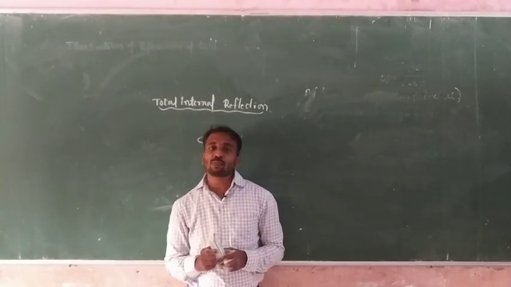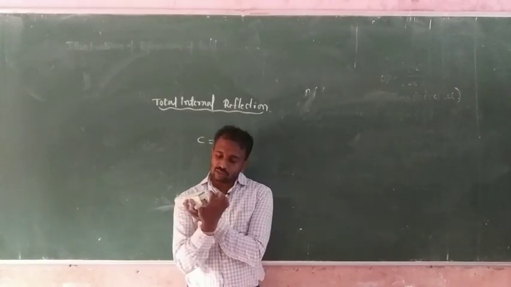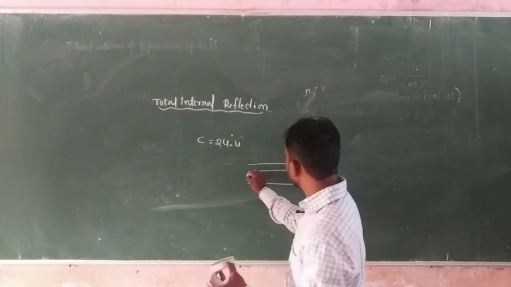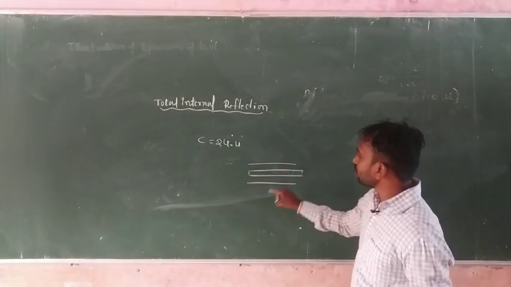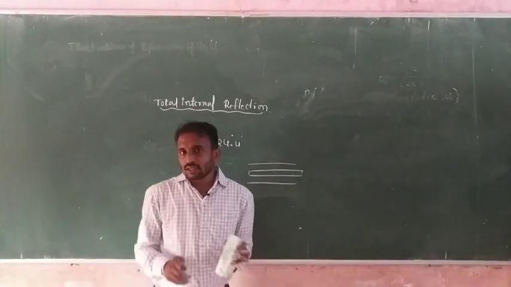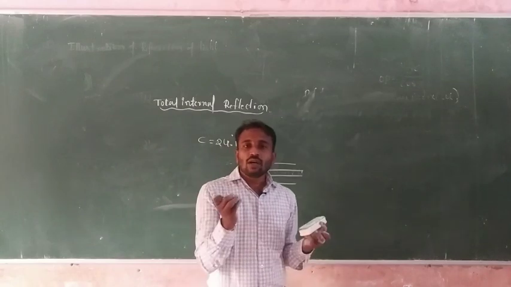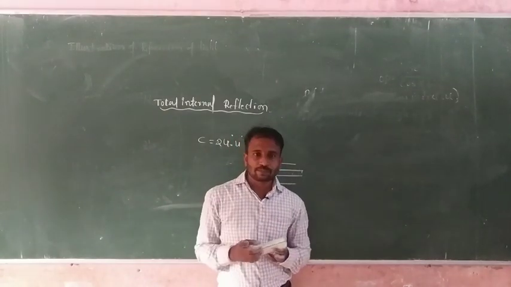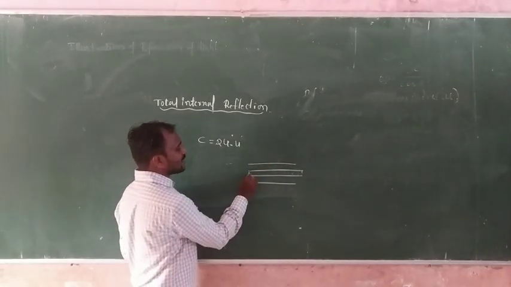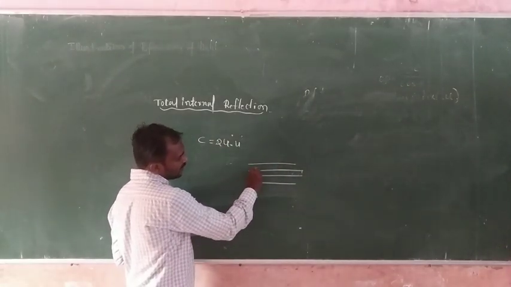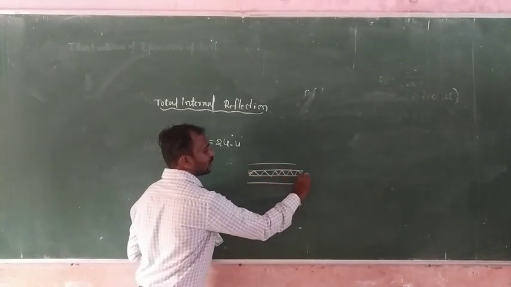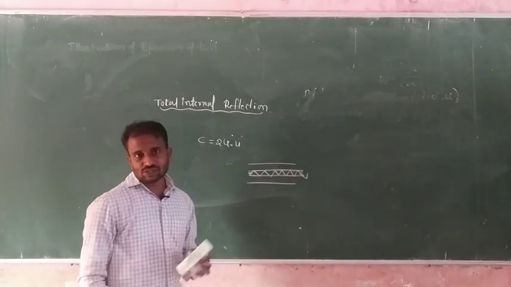Another one is the optical fiber. In an optical fiber, the center we consider the core, and the surrounding part is the cladding. The central core is made of smooth quartz. When signals enter inside this core, they are totally reflected again and again. It means here we get total internal reflection.